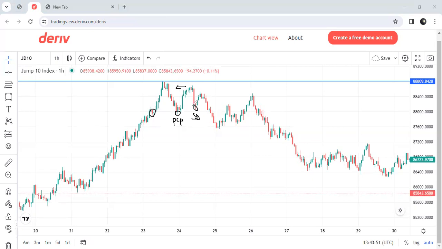So many people are going to jump in here based on the size of this candlestick. They be like, oh, flip, the market is now coming down. Look at how huge the candlestick is. It's time for us to sell. They start selling. They place their stop losses above. They've heard that you must give the market a space to breathe. As soon as they do that, the market pushes up.